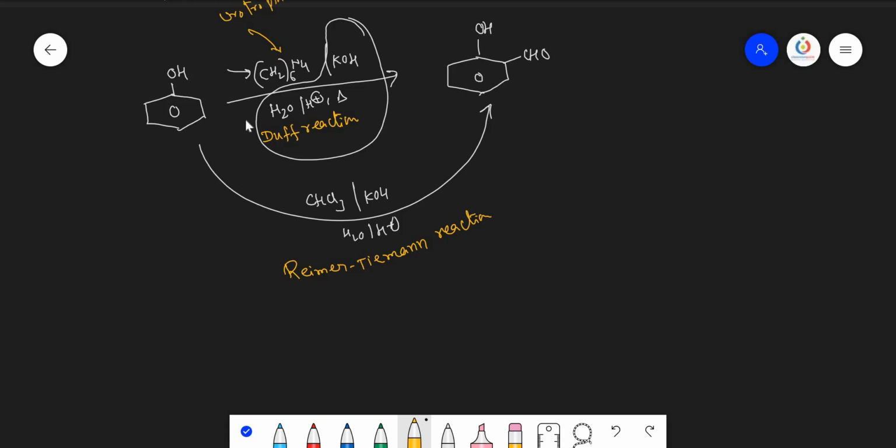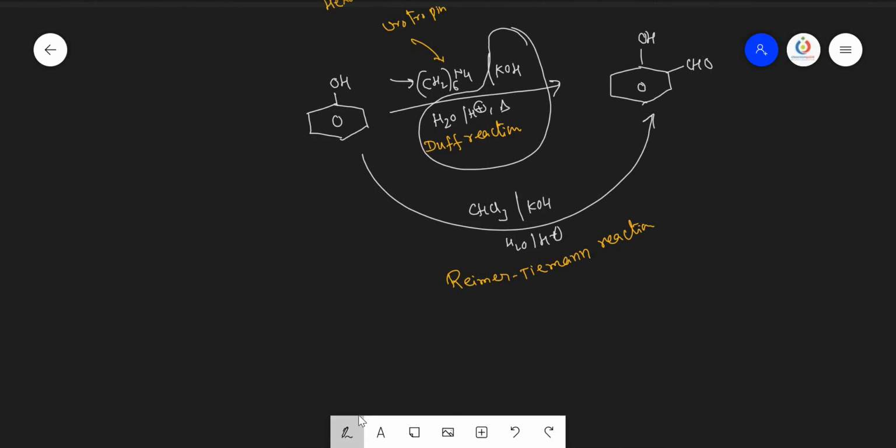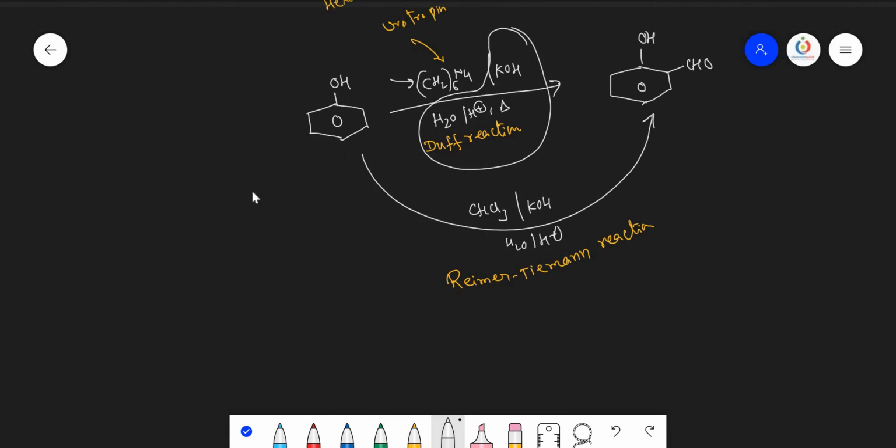So if you remember one reaction, then you can remember another reaction also. Just the only difference is here chloroform, here urotropin, hexamethylene tetramine. Apart from that, now when phenol is treated with HNO2, nitrous acid, or else, as I said many times,